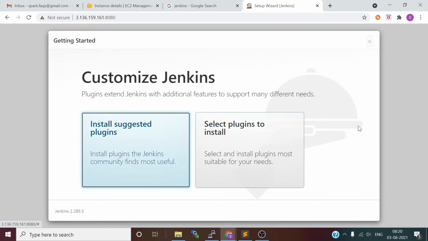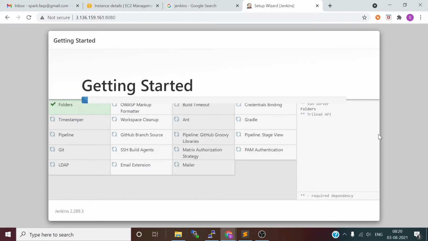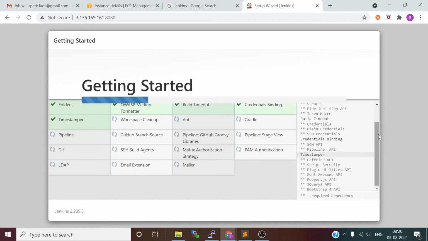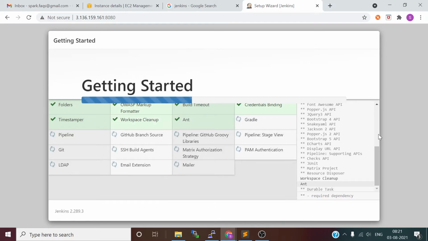So it's suggesting to install plugins. Okay, suggested plugins, install. I'll say okay. It will take a couple of minutes to install all your plugins. As I said, Jenkins is an open source automation server.